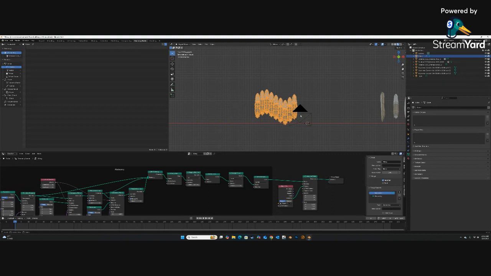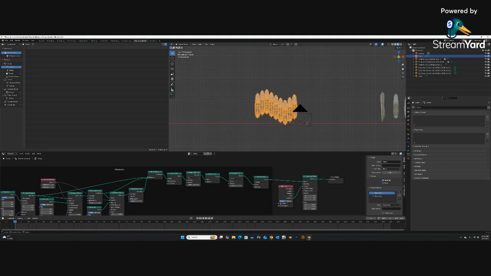Further down the lesson, I'll be able to multiply the feathers and bend the feathers, the direction of the feathers, and make them more natural, and then come up with basically a little